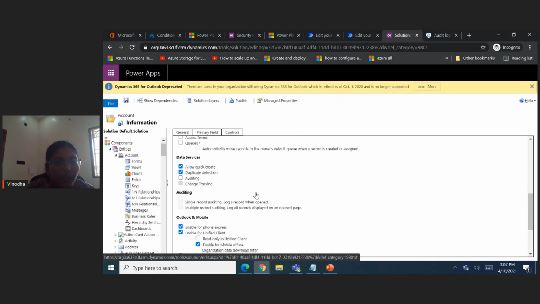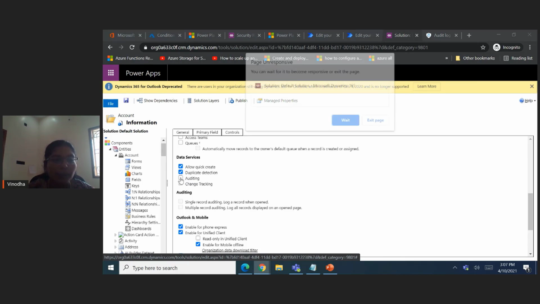Here, under the data services section, you have auditing. Once you enable auditing for this entity, all the fields in this entity are also enabled for auditing.